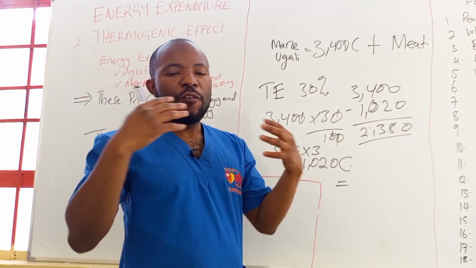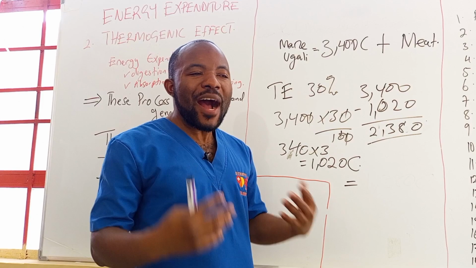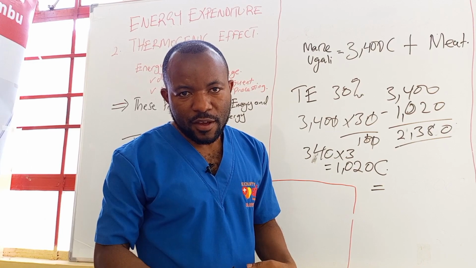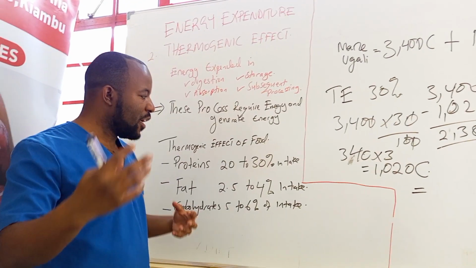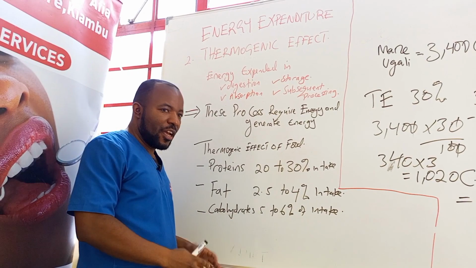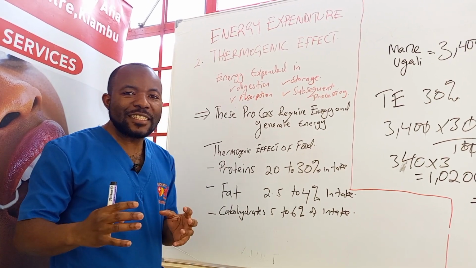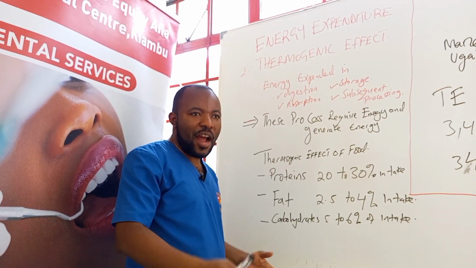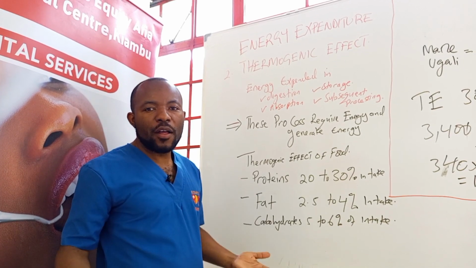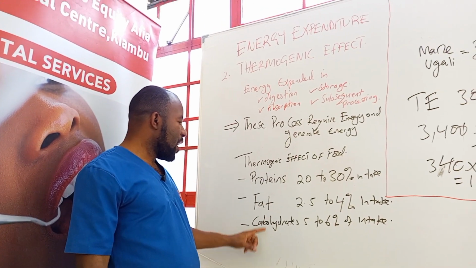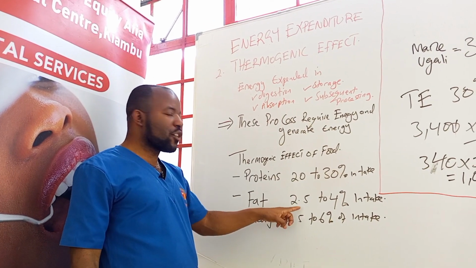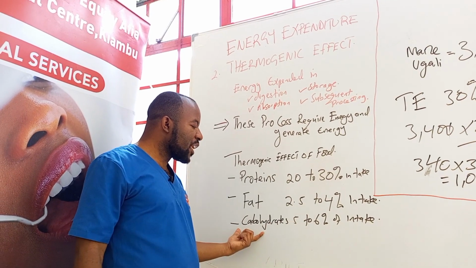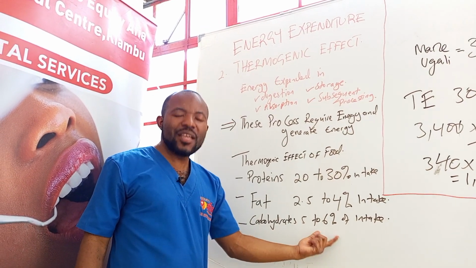When you take in food without a protein, you are at a risk of retaining almost everything you have taken in. So therefore, the principle of thermogenic effect requires that you eat all types of food, proteins being much. Why? Because they will help you break down the energy, and therefore you will have nothing to store, therefore you won't grow overweight. Now the fats, look at the thermogenic effects of fat. It's 2.5, it's very low. Look at the thermogenic effects of carbohydrates, it's 5 to 6, it's very low.